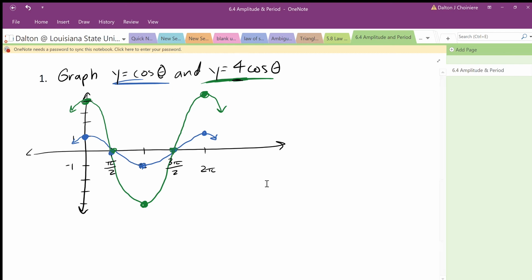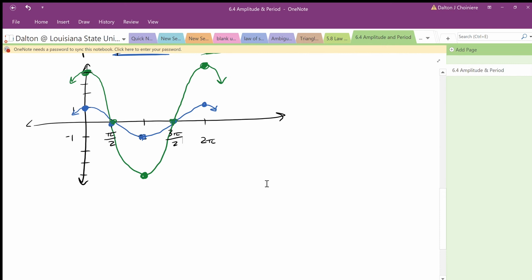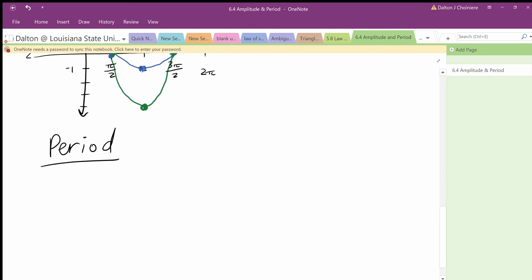The next thing to discuss is period. Now, recap, we know that the period of sine and cosine is 2 pi. And that's how long it takes for it to get through one cycle. So let's write that. So recall the period of sine and cosine is 2 pi. Therefore,